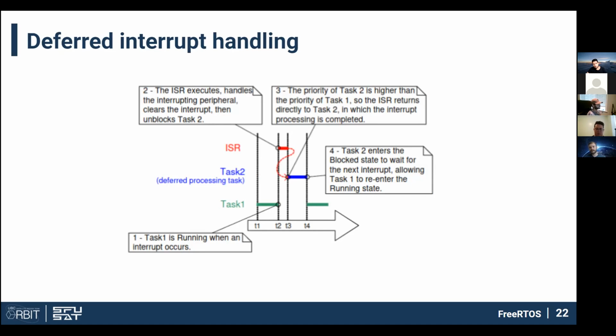So this can be used to make your interrupt routines very short. Inside the interrupt, you can do just whatever is required, clearing interrupt flags, reading out data from the hardware registers, and then any longer processing you can defer to another task. And it will look as though that were all executed contiguously with some slight overhead for the context switches between the interrupt and the task context.